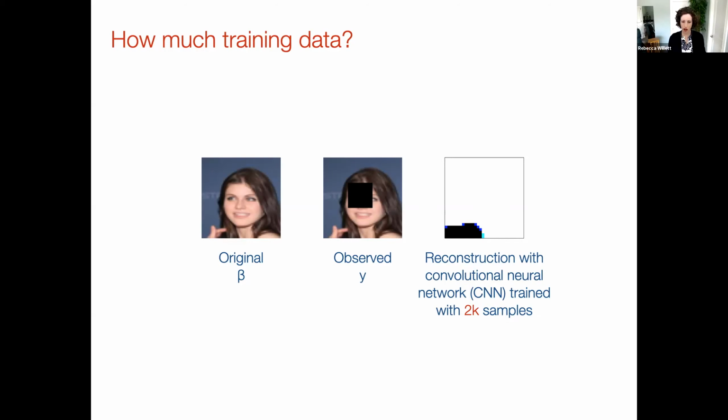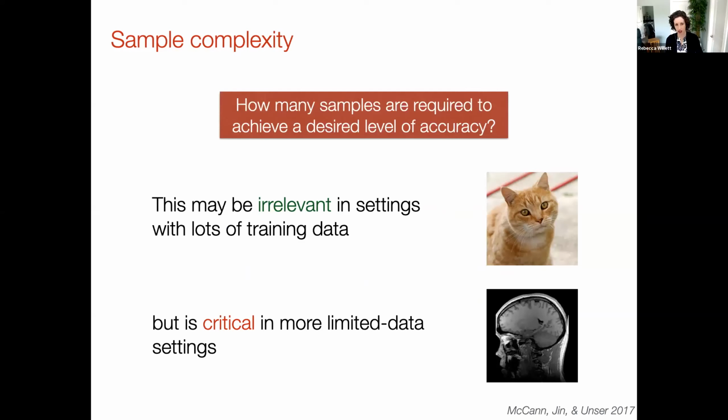And so the question is why? What's going on here and what's causing this extreme sensitivity to the number of training samples? Now, before I go into answering that question, I just want to emphasize that sensitivity to the number of training samples is relevant in a number of applications. If all you want to do is reconstruct images of cats, then there's arguably an infinite supply of training data, and this is not too problematic. But in many applications, including things like medical imaging, getting large quantities of high quality training data is much more challenging. And so having methods work well with small numbers of training samples is very important.